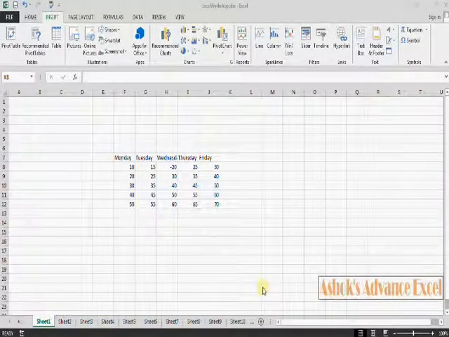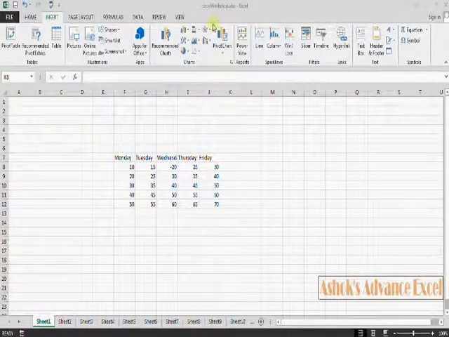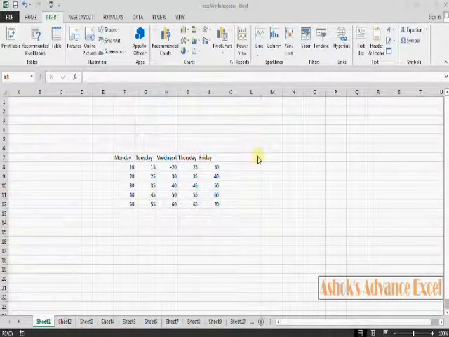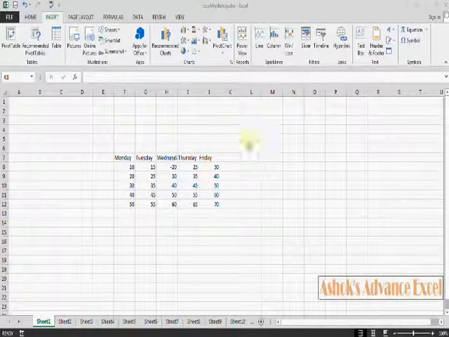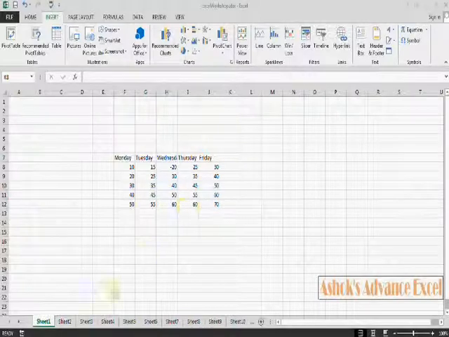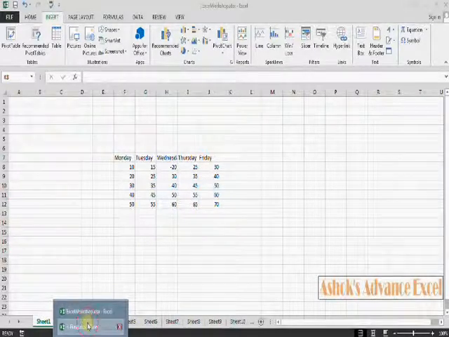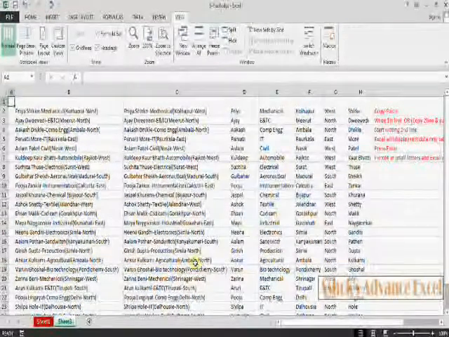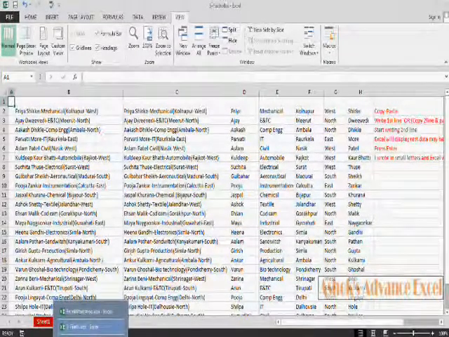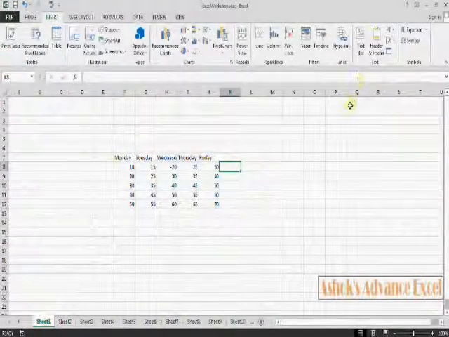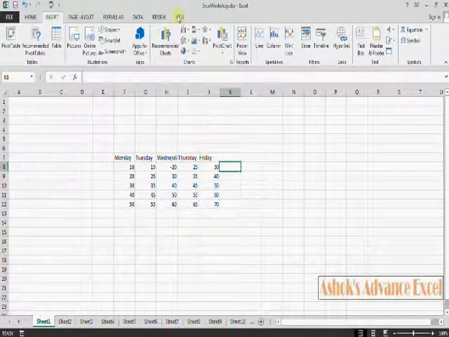I am working on Excel workshop, and one more file is already open, that is Flash. Now come to the Excel workshop file.